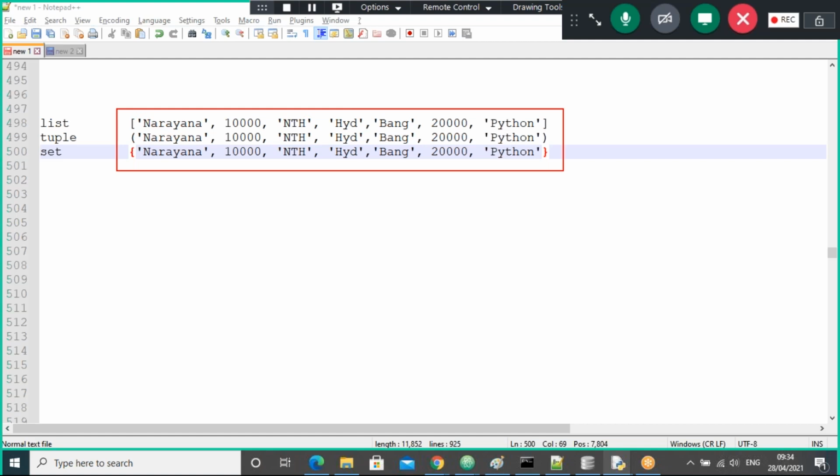What's the first element? Narayana is there. The word is a string value, right? So what is this value? Is it the trainer name? Is it the employee name? Is it the student name, or student first name or last name, or student father name? For example, imagine now all this data is about an employee only.